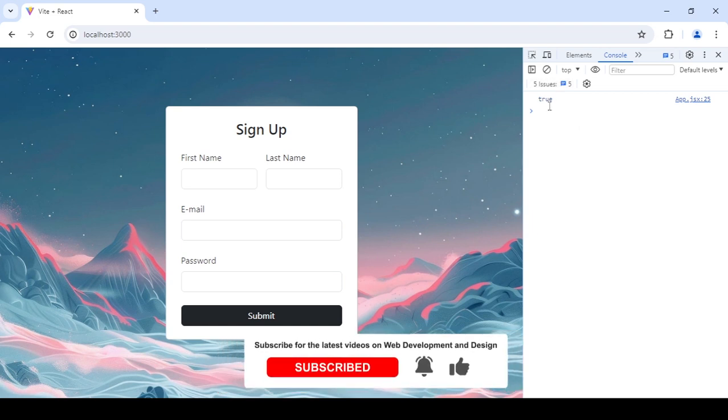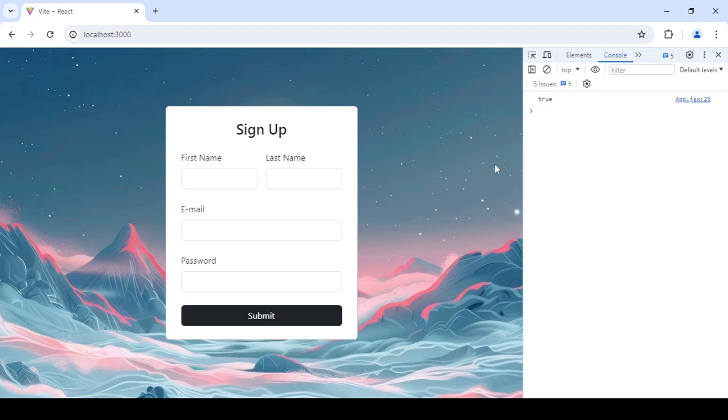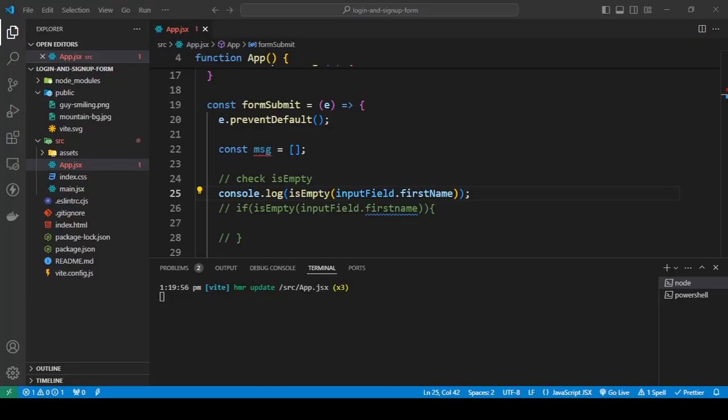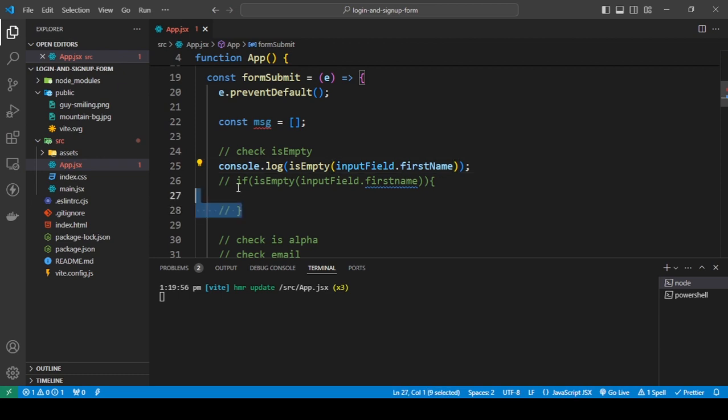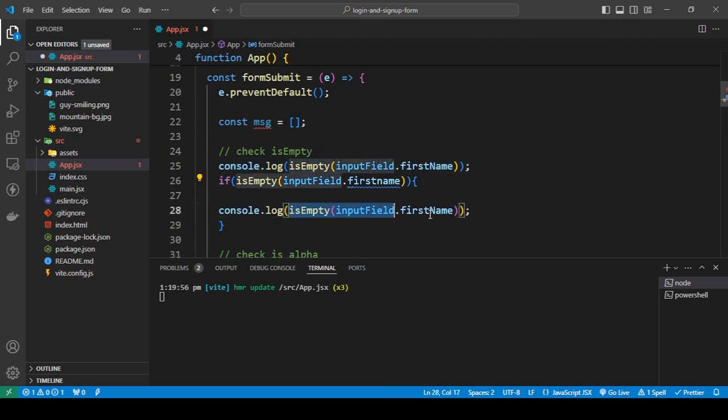So it's saying true, and the reason it's saying true is that this is checking if this is empty or not, and true means yes, it is empty right now, and we want to trigger something if it is true. We're gonna say that if this is empty, then I want to display a message. Just gonna copy this console log just to save time,